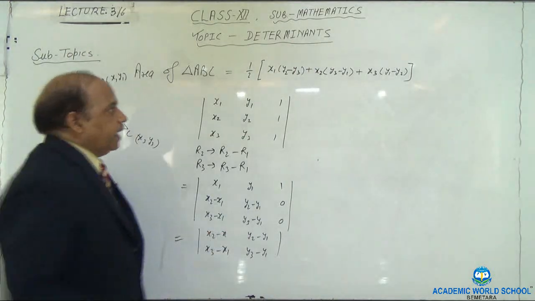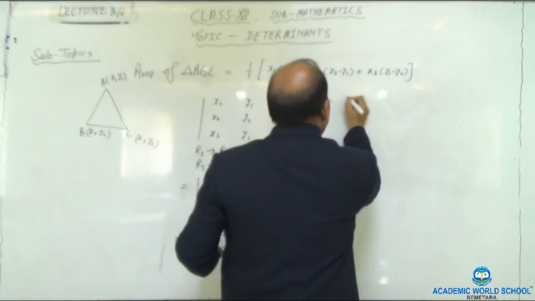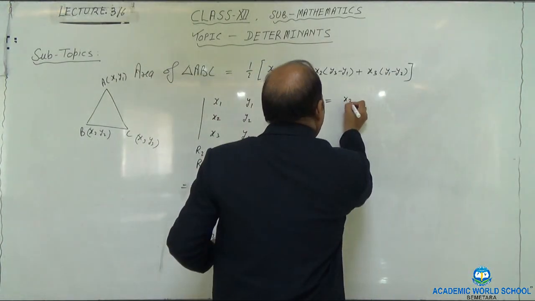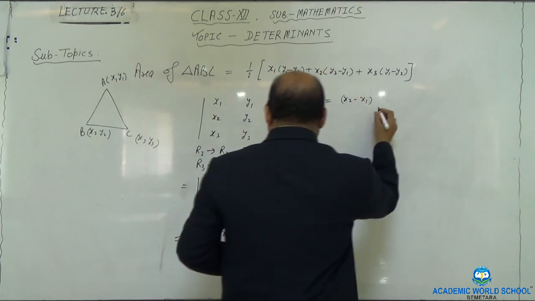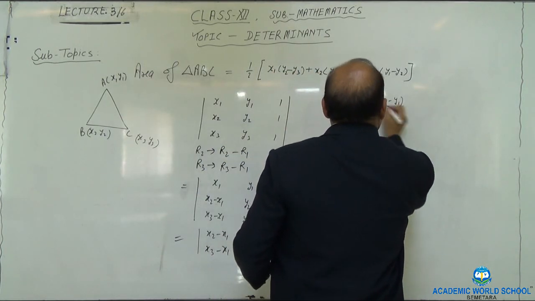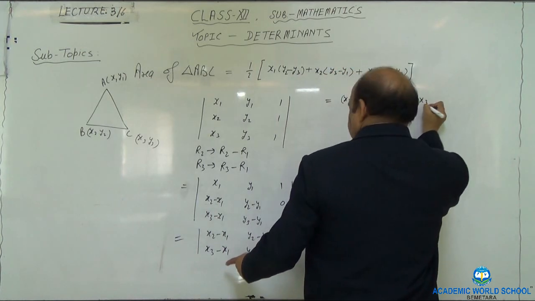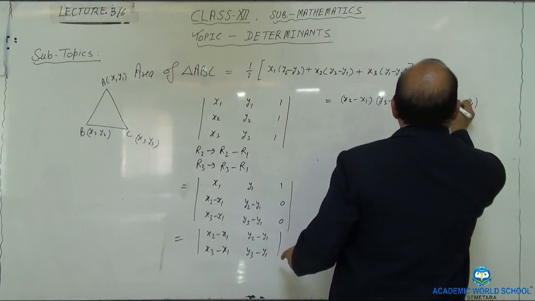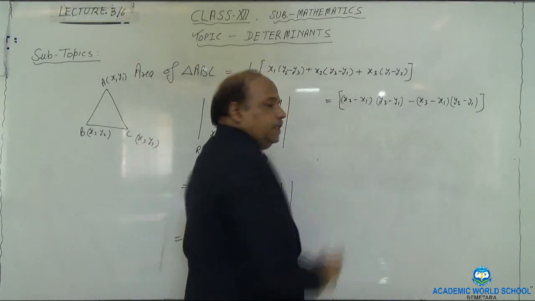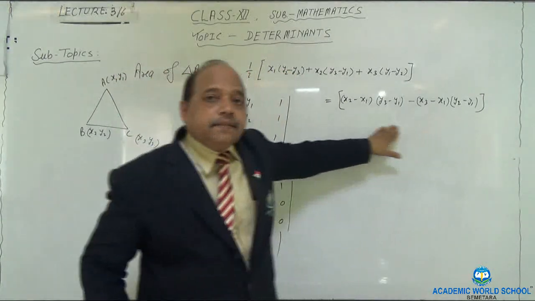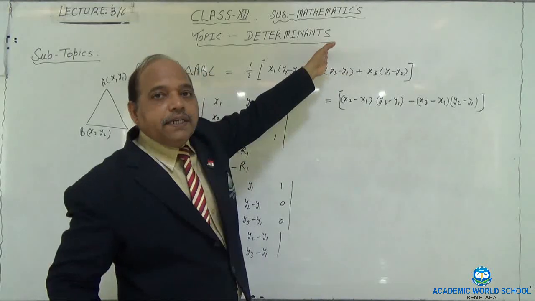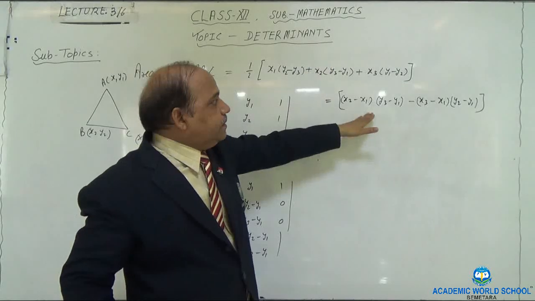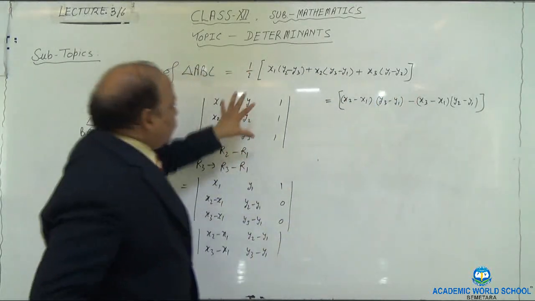Now if you cross multiply, you will get, this is x2 minus x1. So it gives you x2 minus x1, y3 minus y1 minus x3 minus x1 into y2 minus y1. Now, dear students, if we rearrange these terms, simply rearrange, it is nothing but the same thing. Just after rearranging, you can prove that it is nothing but this part. I took only this determinant.